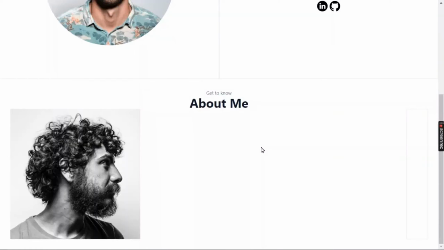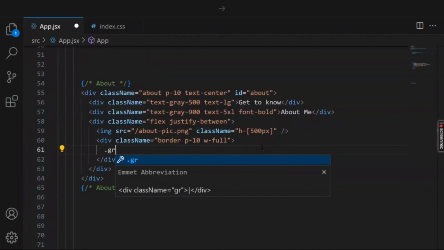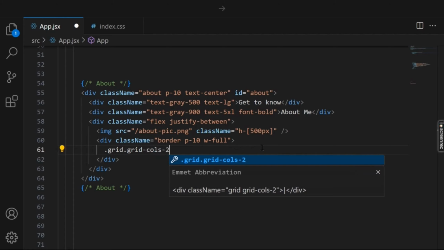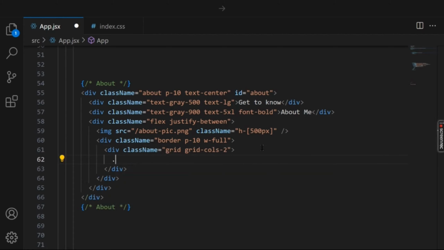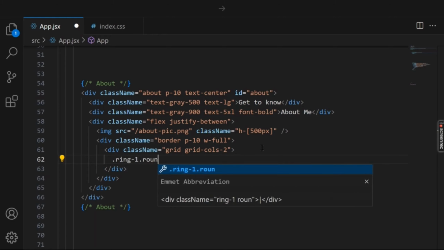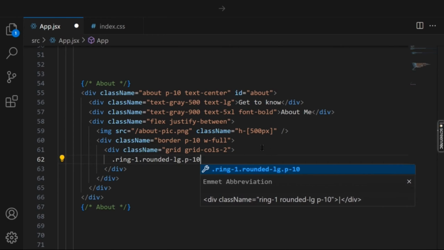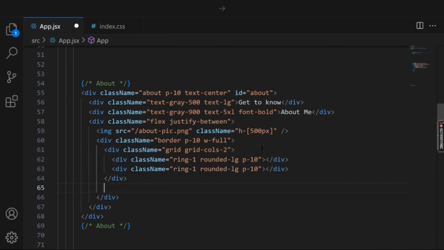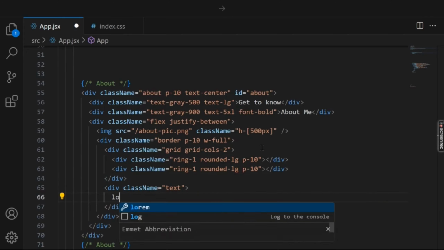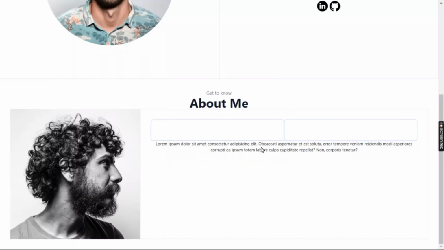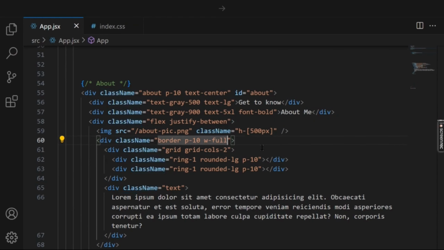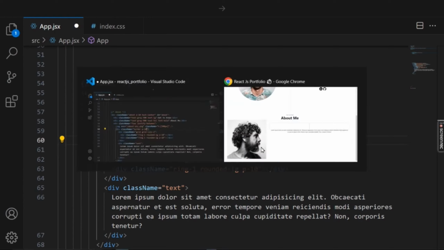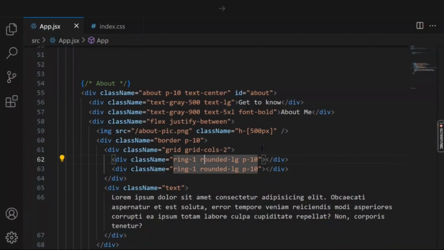And below the image we have another container which will be having a border and some padding of 10, and the width will be full. This will be containing a container which will be having a class of grid, and the grid will contain 2 columns. And we just copy paste the div which will be having a ring class name, and the rounded lg and pixel will be 10. And below that we have a paragraph which will be just written some lorem ipsum, and we have 2 containers as you can see that, and padding is around 32. I think